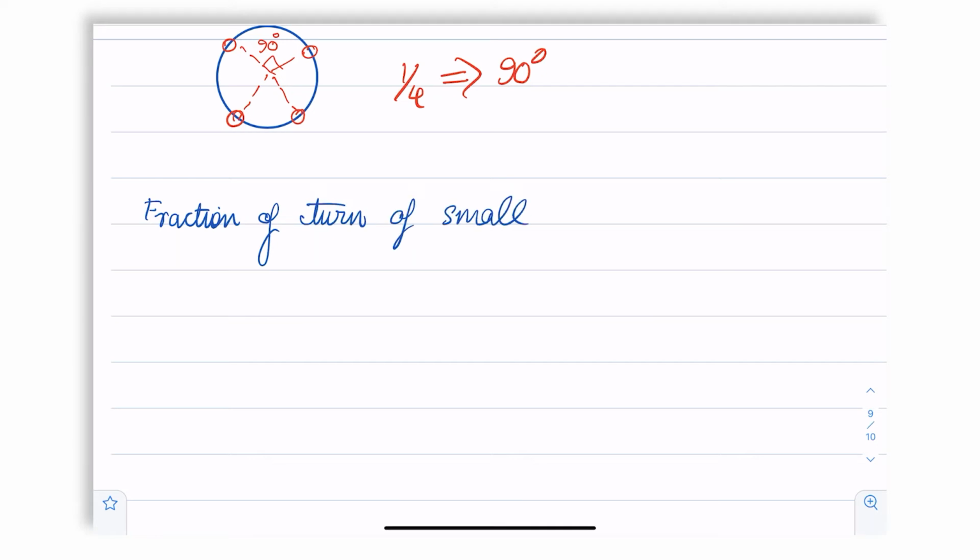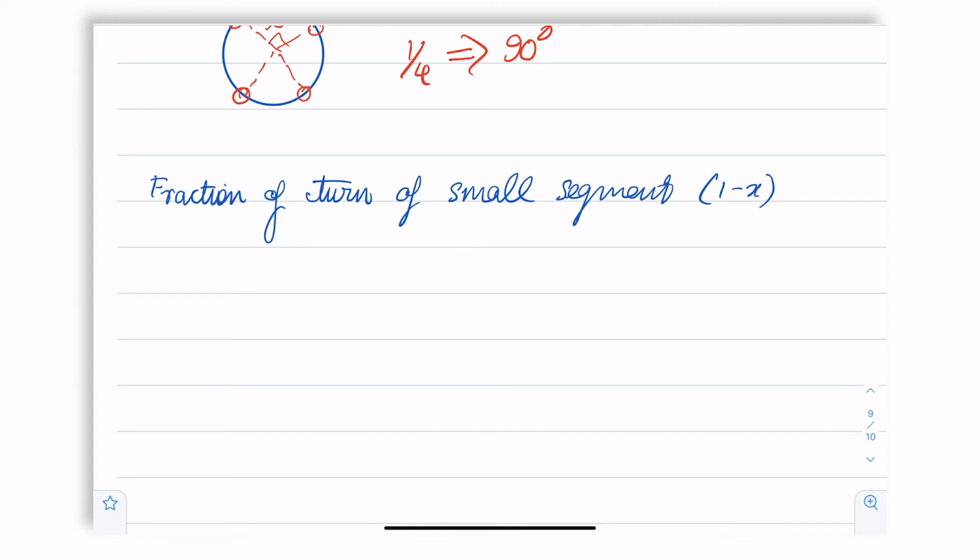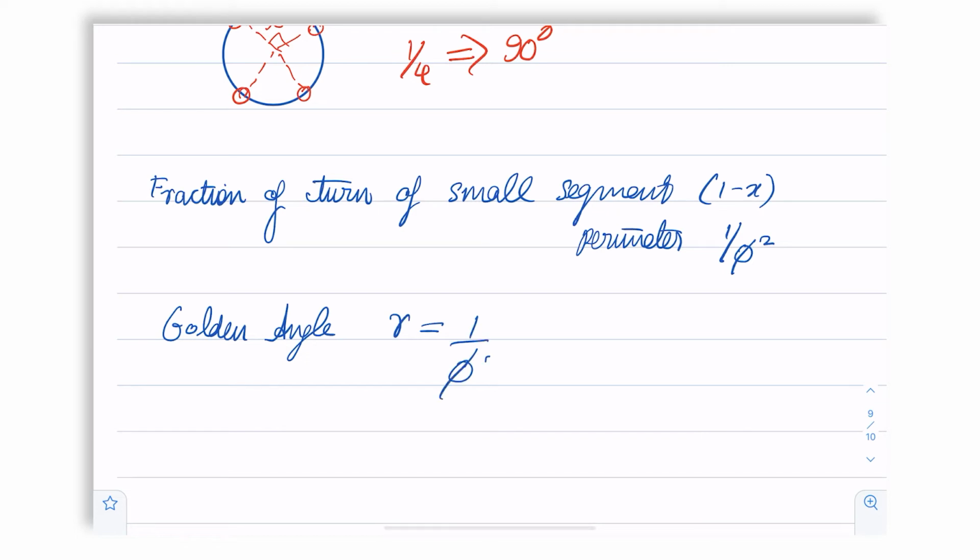The fraction of the turn of the small segment, 1 minus x, which also has perimeter, therefore 1 by phi squared, measures the golden angle gamma, which is equal to 1 by phi squared,